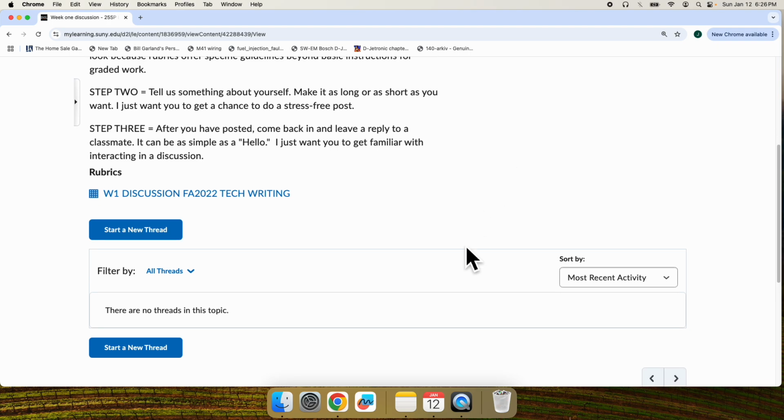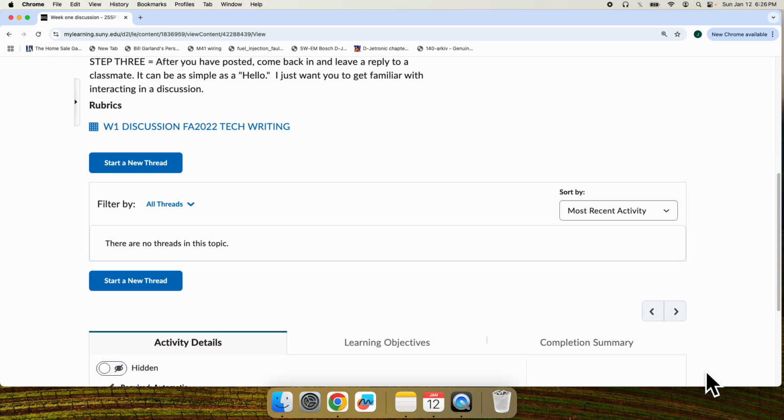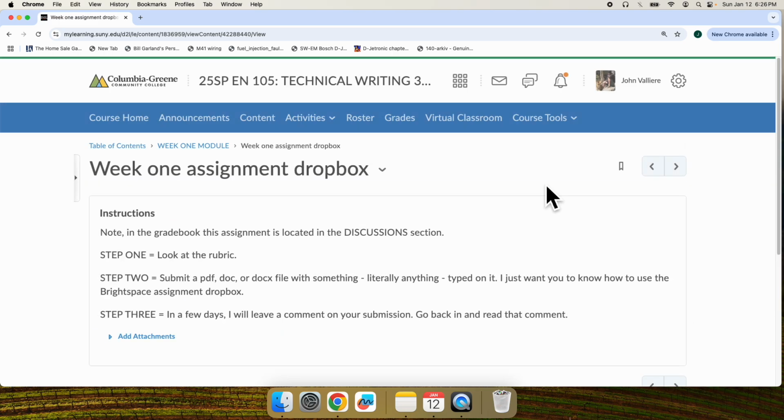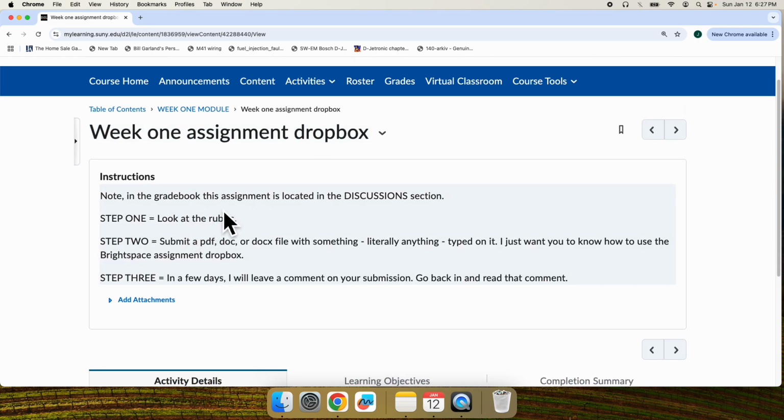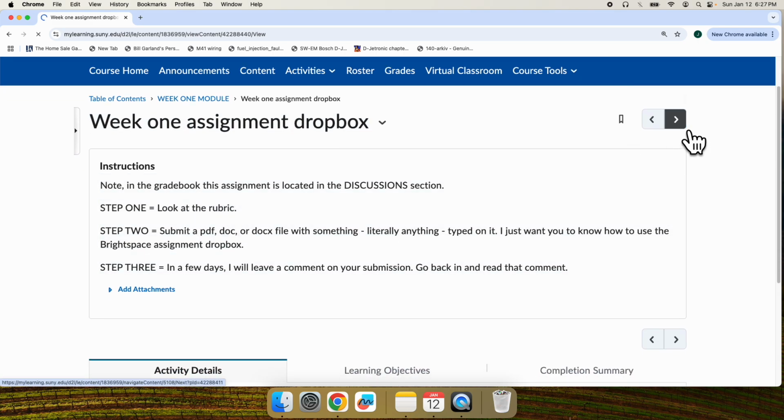The best way to get a post done is click on the Start Here to start a new thread. Now once you're done with your discussion post, go ahead and click the next arrow. You'll usually have either a discussion and a quiz or else an assignment and a quiz each week. For week 1, we're just practicing, so you'll have a discussion forum, an assignment and a quiz. So once you're done with this weekly assignment, you can click through that gray next arrow and it'll take you